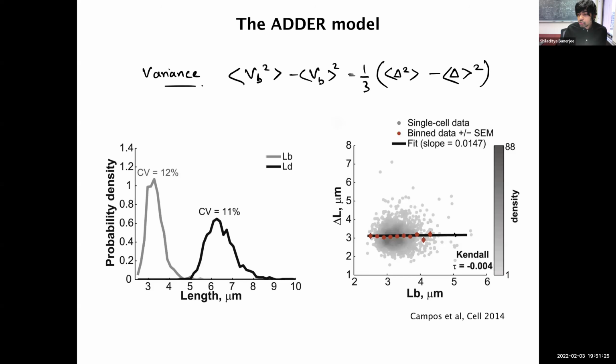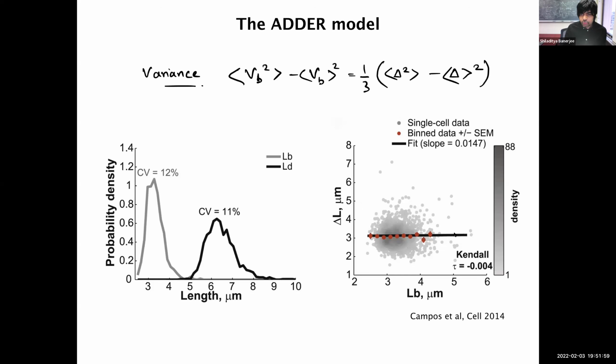So the adder model has been verified, not only in E. coli, which is the model organism I'm talking about, but in many other organisms over the past years. And so this has emerged as a universal model, which is very rare in biology, but this is one of those models that's very universal, which came from simple phenomenological studies, like looking at data and trying out simple models.